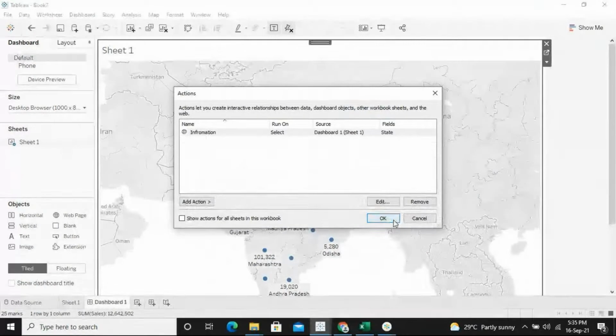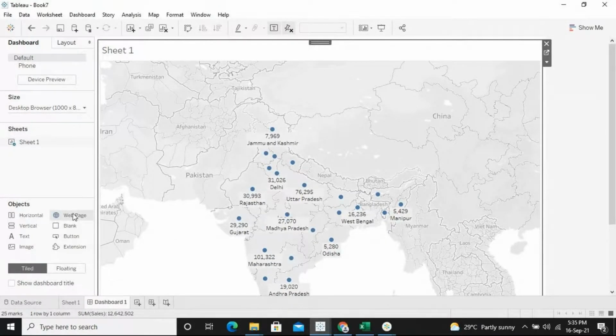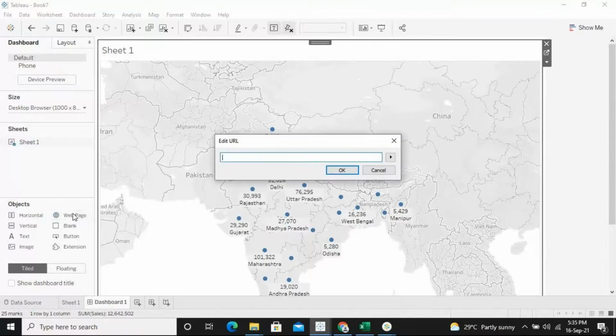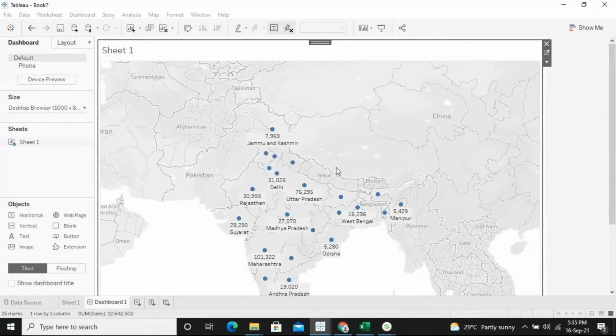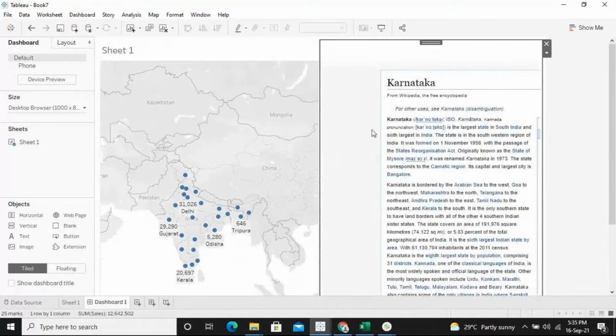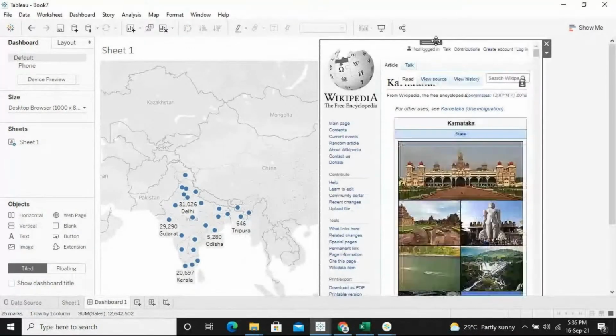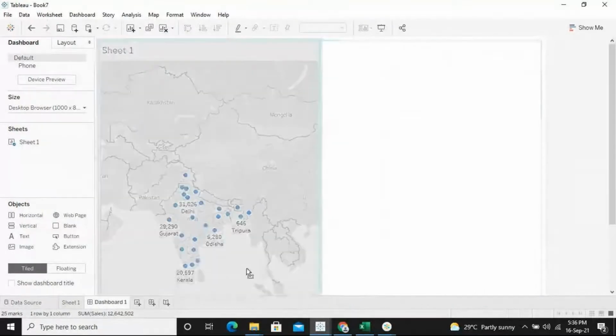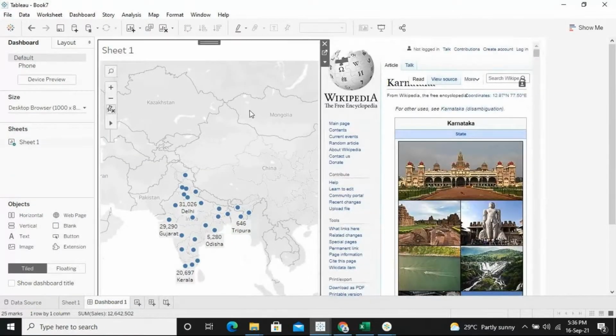So what happens is that automatically when you paste the link here, you'll have those options. Where we have already created, sir? First I'll just give OK. See, once I give OK, what is happening? On the right side, you can see automatically, once I create the link, Karnataka has been created. If you want to move it to the bottom, you can move it. But we have only two panes available, one on the right side and one on the left side. So now when I click on